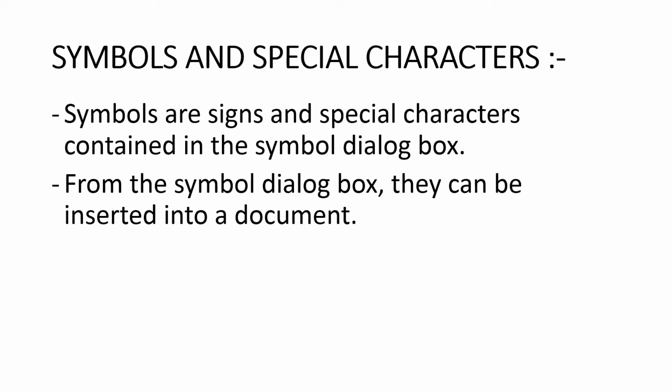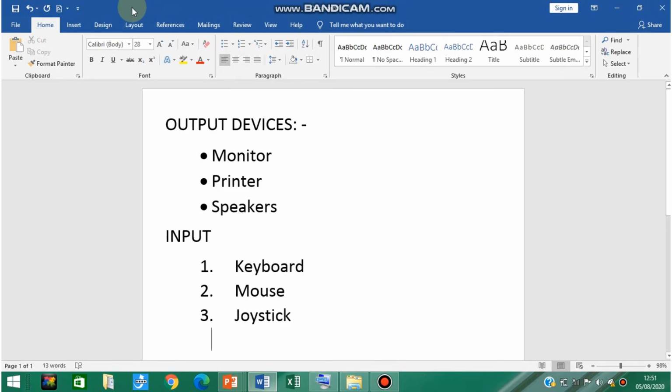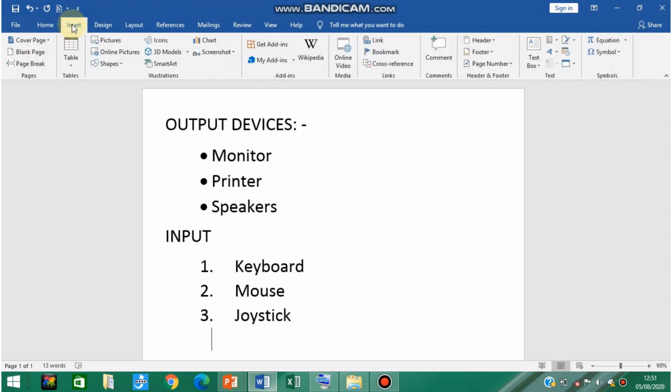Fine. Now we will see how to insert symbols and special characters in the document practically. If you want to insert these symbols or special characters, you have to move inside the insert tab. By default we are in the home tab, but to insert symbols and special characters you have to move inside the insert tab.